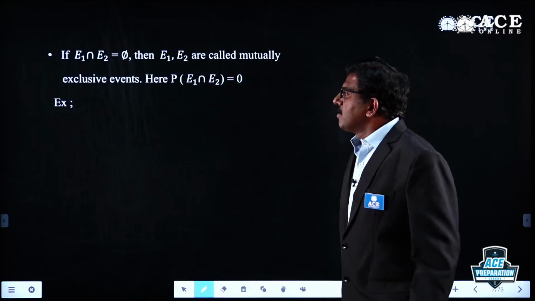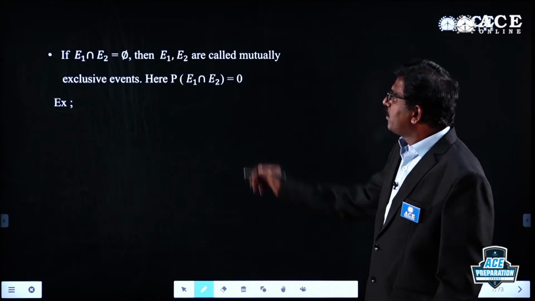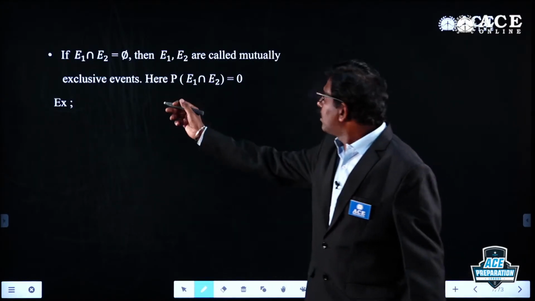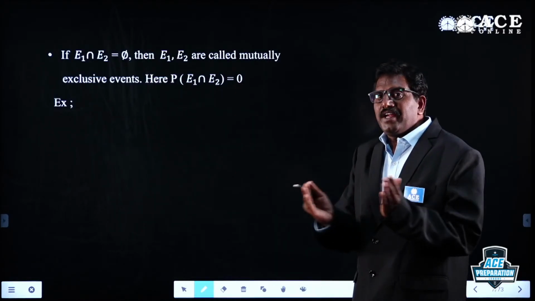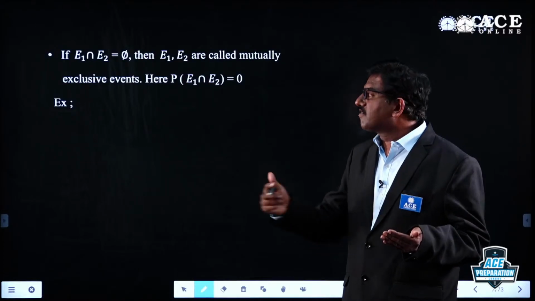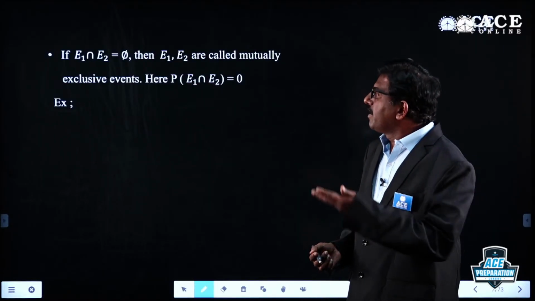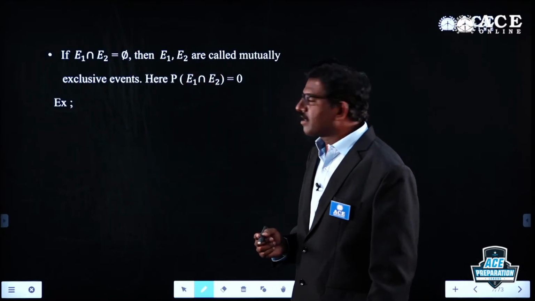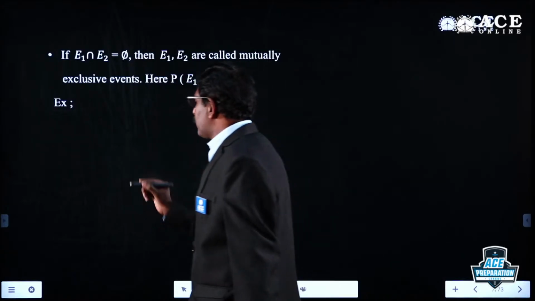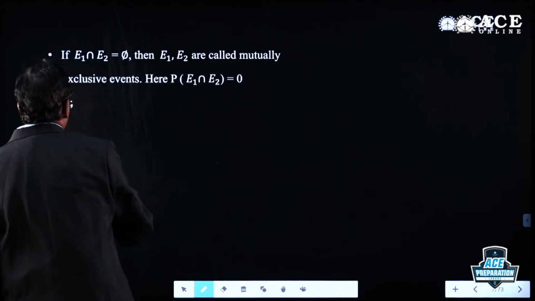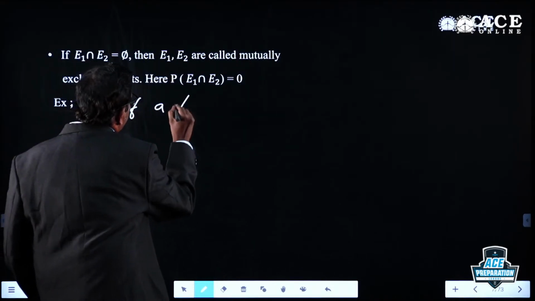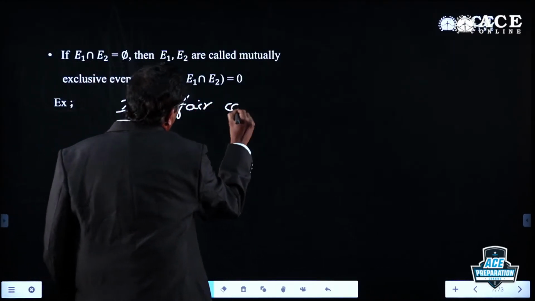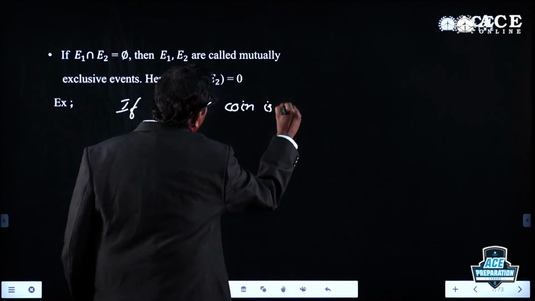Now you see, if E1 intersection E2 is equal to the null set, then E1 and E2 are called mutually exclusive events. Sometimes the intersection of two events may be the null set. In that case, E1 and E2 are called mutually exclusive. For example, if a single fair coin is tossed,